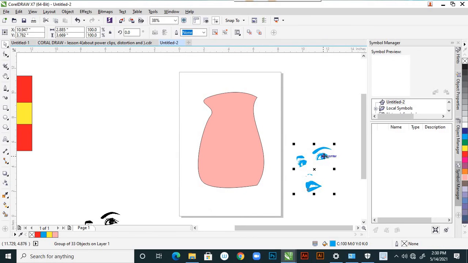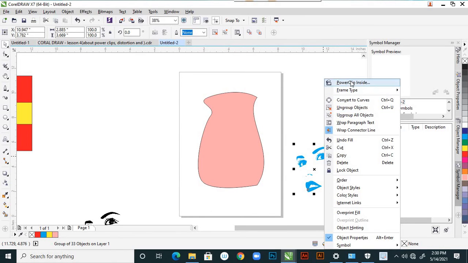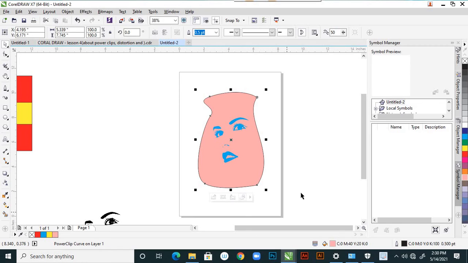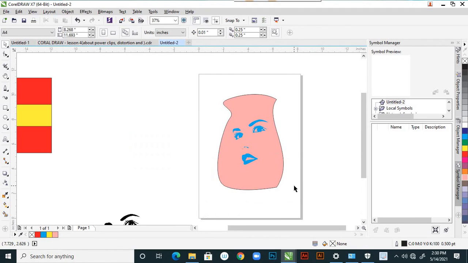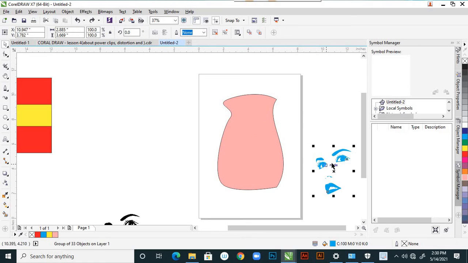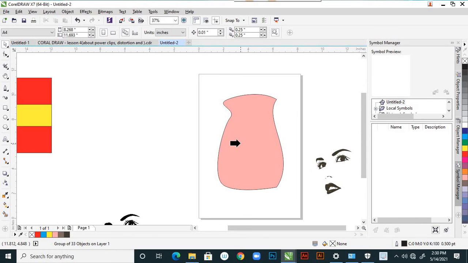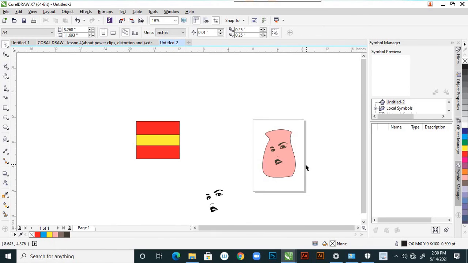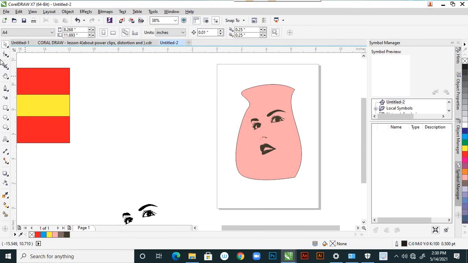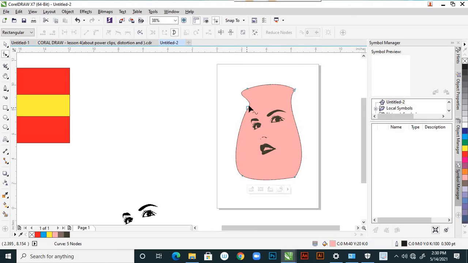On that you can apply power clip inside and get here. See, on objects you can apply power clips, because on that it must be red or some dark color I want, right? In dark color I'm applying, right? Right click and power clip and get inside. So beautiful. See this, the shapes you can create nicely by using these power clips.